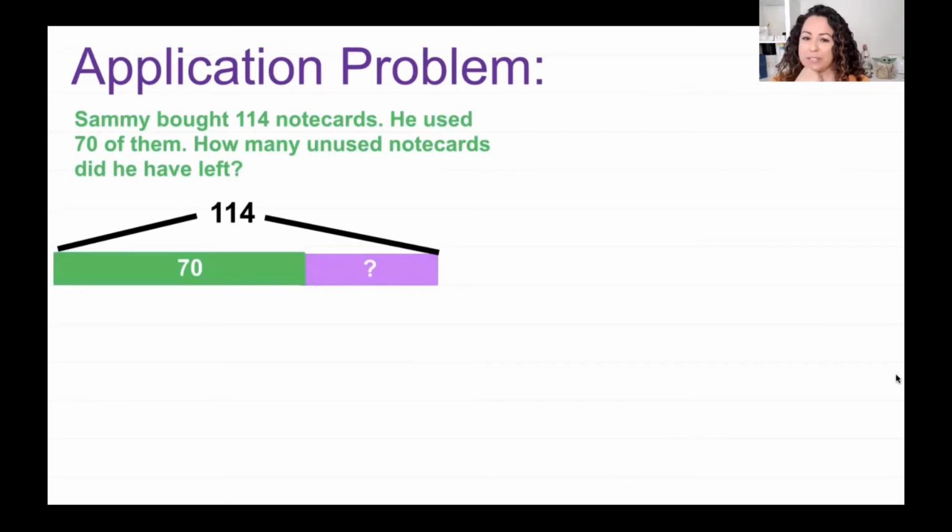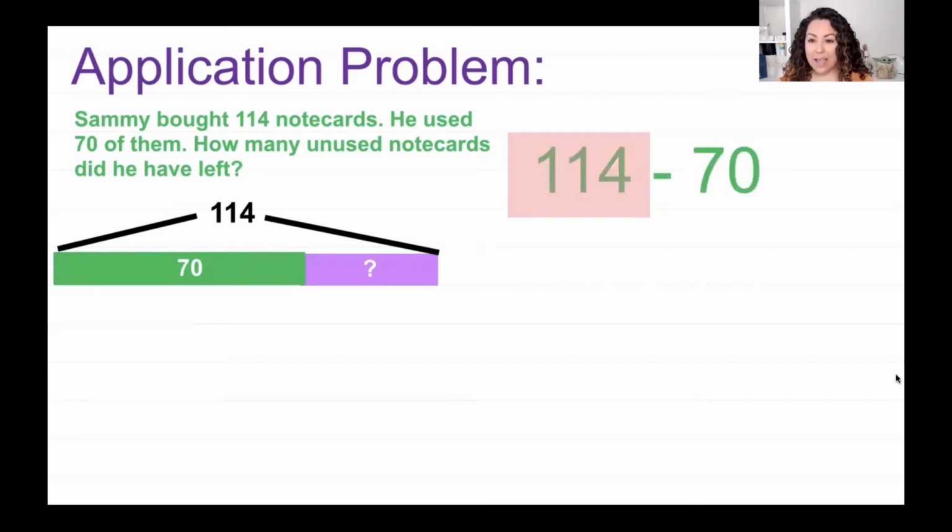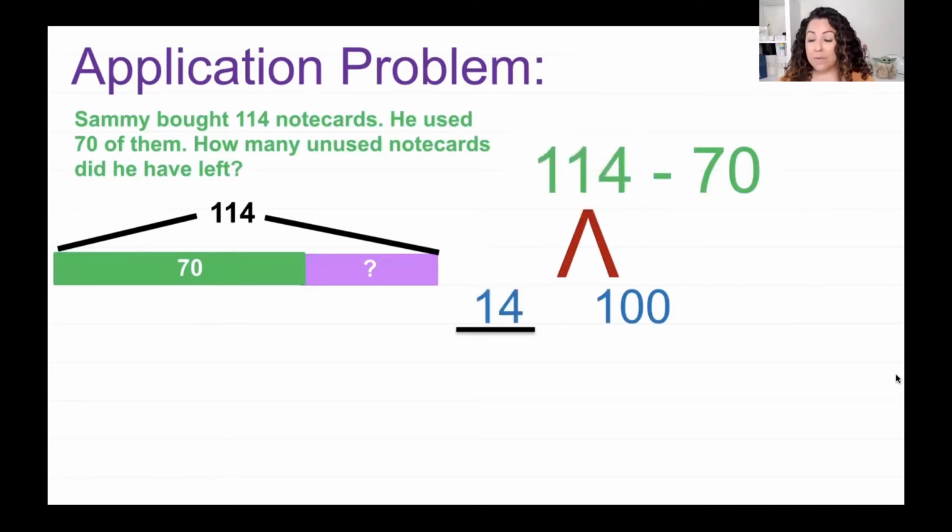I think what we're going to do is we're going to use our strategy from our last lesson, and let's go ahead and write that out. 114 take away 70. I'm going to look at that number, and what I'm going to do is I'm going to decompose, and I'm going to take out the 100 because I remember how much I like lesson 23, and I like this strategy. So I'm going to pull out the 100 and some ones. So how many ones are left? 14 ones are left. So now remember what we do is we take our 100 and we subtract the tens out. So we're going to go ahead and do 100 take away 70, and I can do that in my head. That equals 30. And now I'm left with a 14.